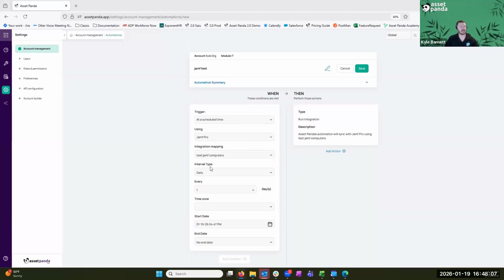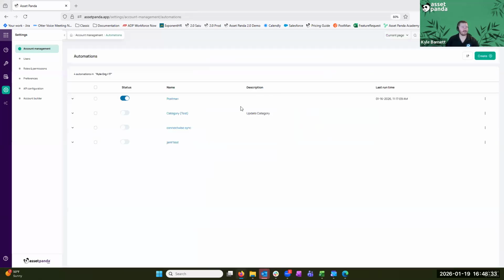From here, it's going to ask me what interval type I would like. Do I want to sync this hourly, daily, weekly, monthly, quarterly, whatever interval you'd like to set up. And then it's going to tell you that it's automatically going to run that integration. Now, I can also do some other stuff, like send a notification to myself, letting myself know that integration ran, everything's looking good. But by default, it is going to be just that, automated. From here, I can hit save, and that's going to create that automation for me to run. Now, I can manually turn it on to make sure that it's running. I can also manually start it if I would like to by hitting that run now.